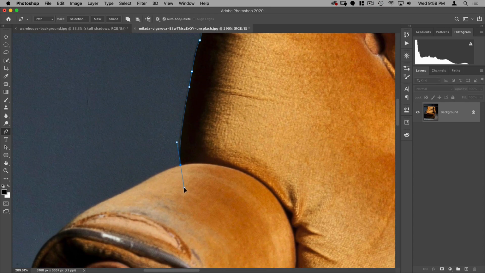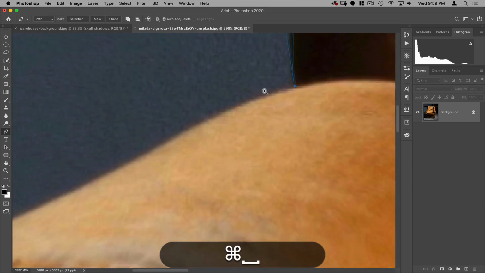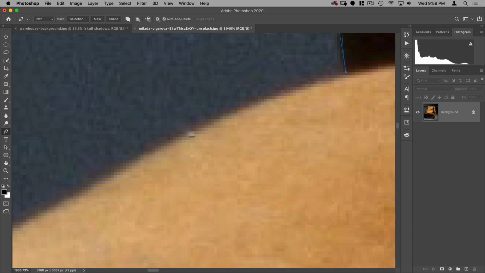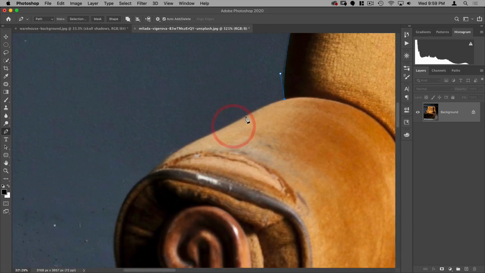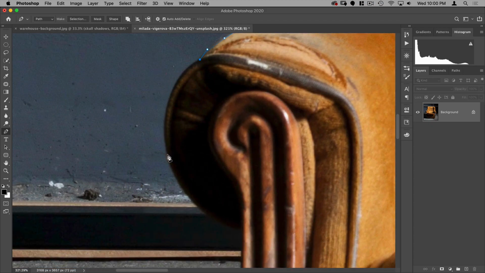One thing that I will mention when you're using the Pen tool, make sure you're not too zoomed in, because the more zoomed in you are, the higher tendency you will have to try to follow every little abnormality in your selection. You really don't need to, because this is going to appear much smaller in our final composite than it appears on the screen now.